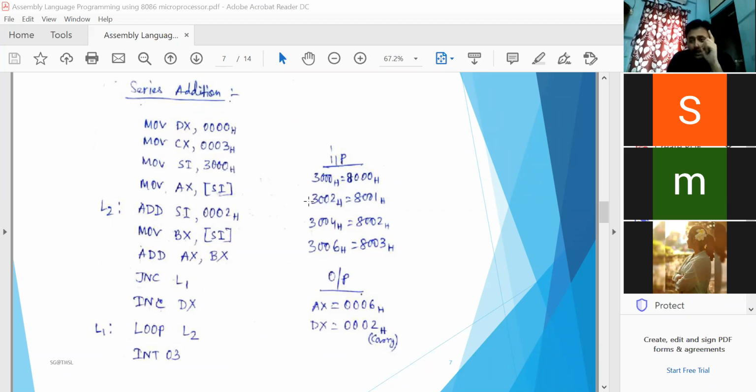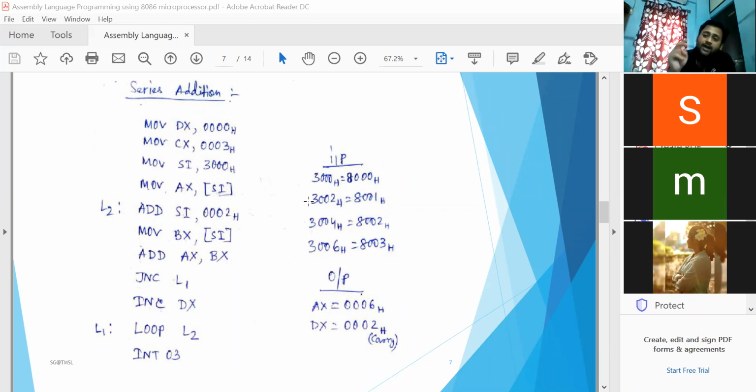Okay, and one thing was there. Always you have to increment the memory location, and you have to decrement the counter value. Suppose there were 5 data bytes, how many times will this operation go on? It is based on the count value. So for 5 numbers, the addition will be performed 4 times, so your count value must be 4.